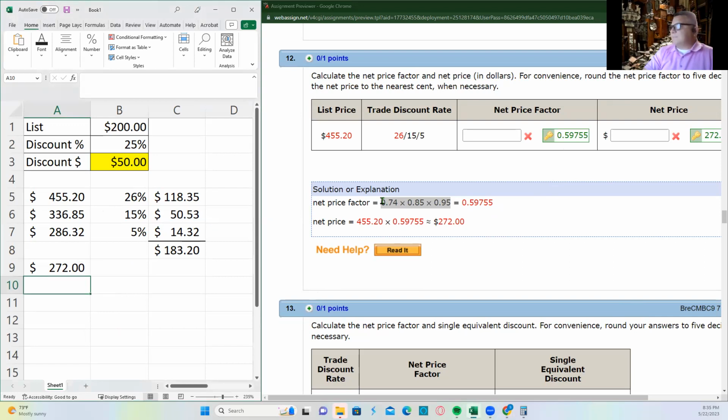So if I figure my net price factor here, which they already gave it to us, which is 0.59755. That is our percentage. Don't like that. Let me come out a couple places. 59.76% is going to be our net price factor, which means our discount rate is going to be